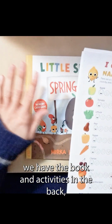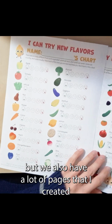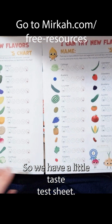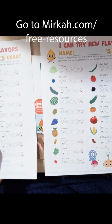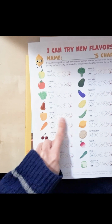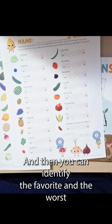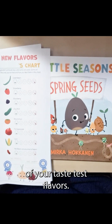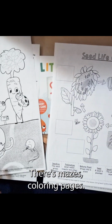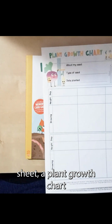And not only do we have the book and the activities in the back, but we also have a lot of pages that I created as extras so that you can go onto my website and print these. So we have a little taste test sheet. There's 2 pages that you can have your kid try all these different things, and then they can mark on the scale which one they like the best, and then you can identify the favorite and the worst of your taste test flavors. There's mazes, coloring pages, a cut and paste seed life cycle sheet,